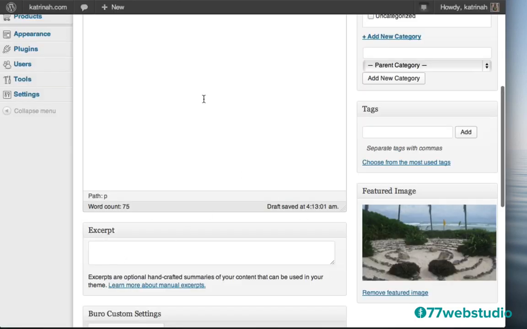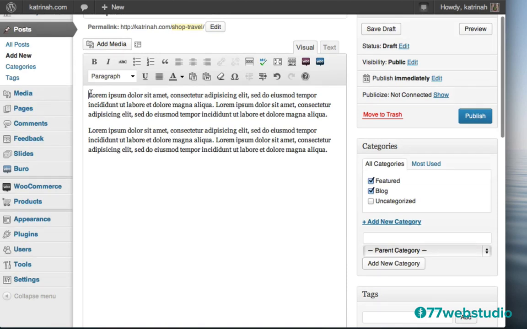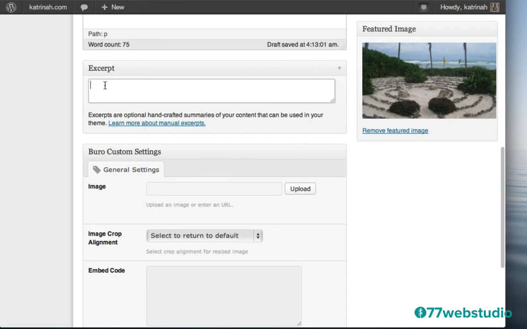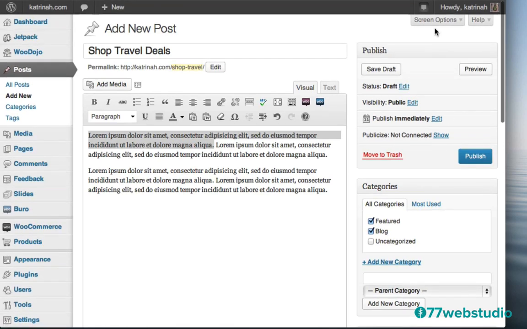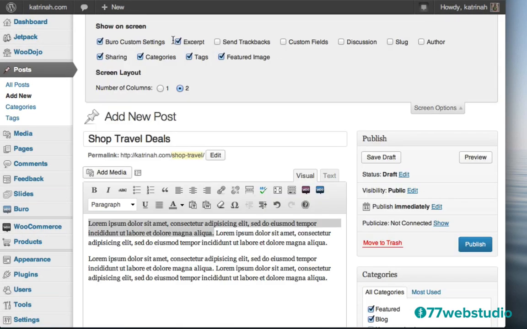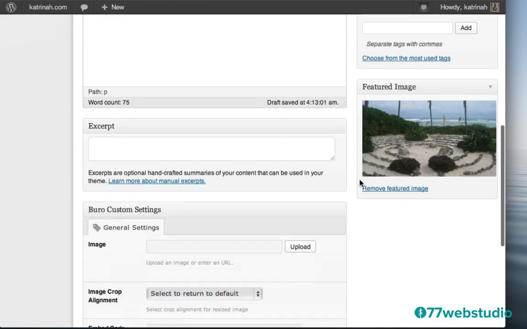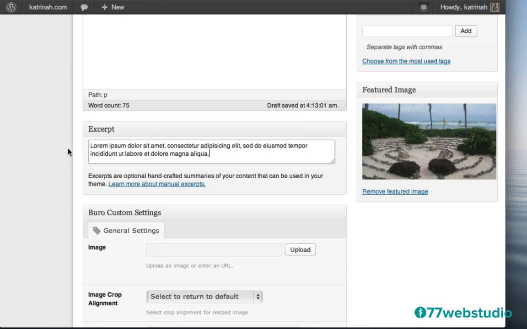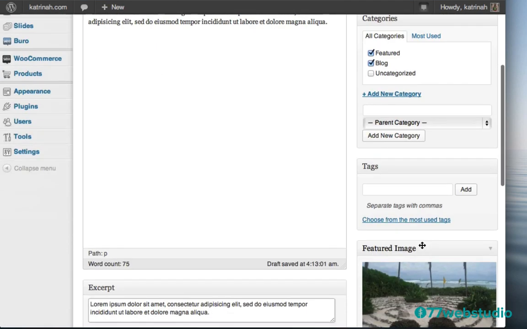Then I also need to add an excerpt, so I'm going to go grab a little bit, the first sentence at least, right here. So I have a short little excerpt, and I'm going to scroll down right here, and I'm going to add the excerpt right in this box here that says excerpt. Now if you don't see this excerpt section right here, once again go up to the screen options, click on screen options, and you want to make sure that excerpt is checked right here. And then you want to collapse screen options by once again clicking on screen options. And when that excerpt box is checked, you should see a box down here that says excerpt. So I'm just going to add a short excerpt of the blog post right there. Then I'm going to scroll up to the top. You can add any tags you would like as well.